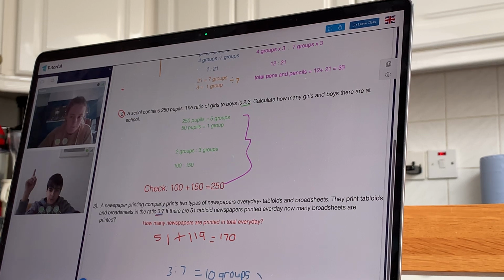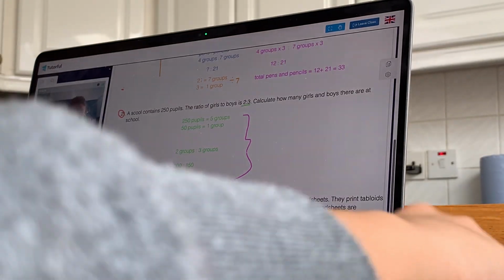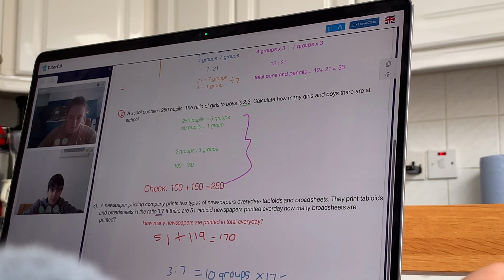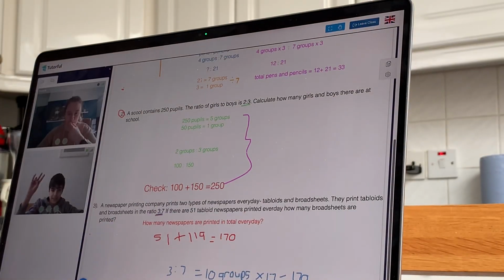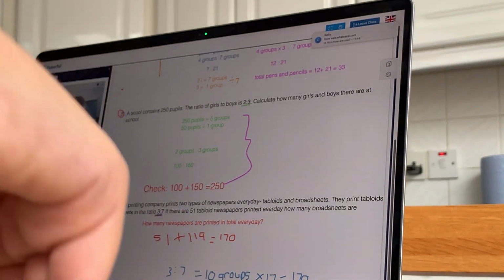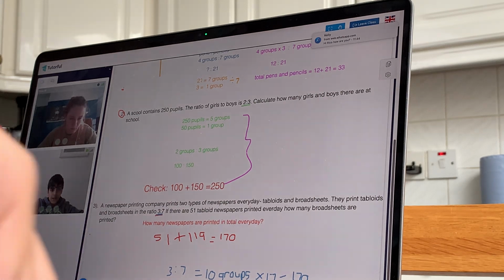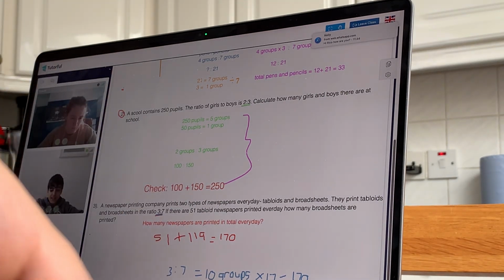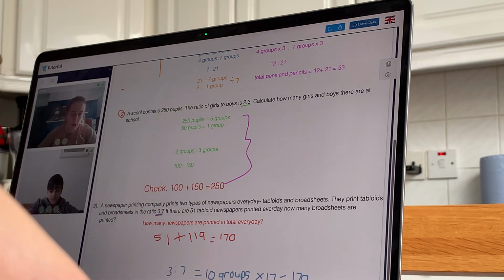Wait, but I have one question. Yeah, of course. Say they want us to find the total every question. Do we always do the second number multiplied? Always multiply the second number of how much the ratio is. Say 4 to 6, and you get 10. Do you multiply the 6? You would, so